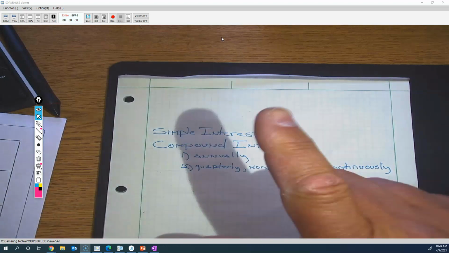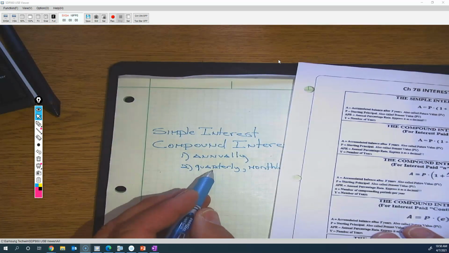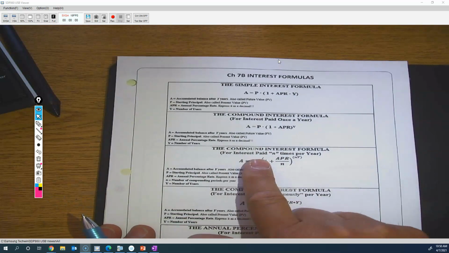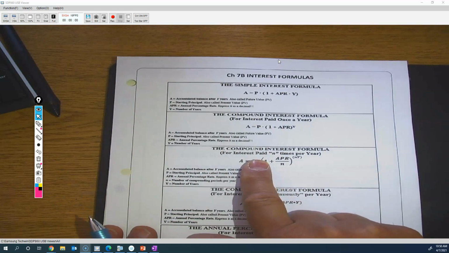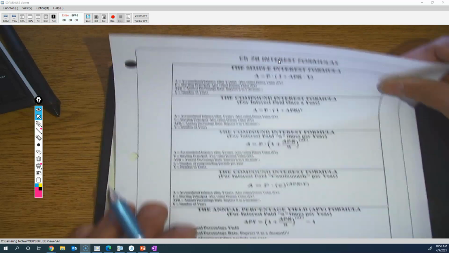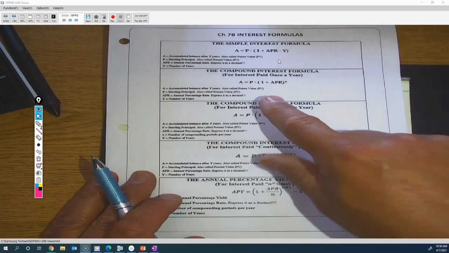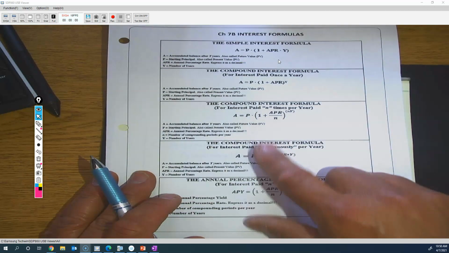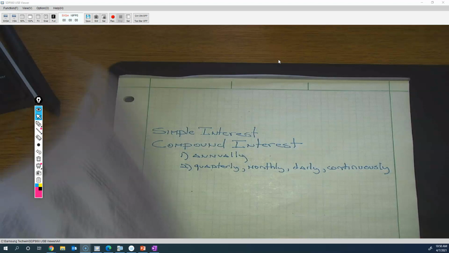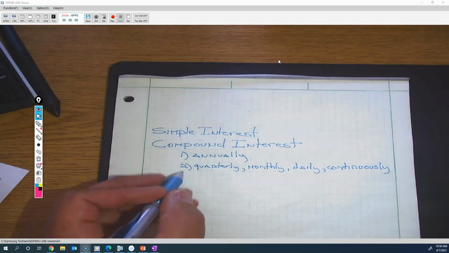Okay, so that formula right here, that's the third formula on our sheet. That's this one. This is when it's compounded annually, and then this one is when it's compounded continuously. So you just have to make sure that you're using the correct formula. Okay. All right. Then you're going to need to know how to